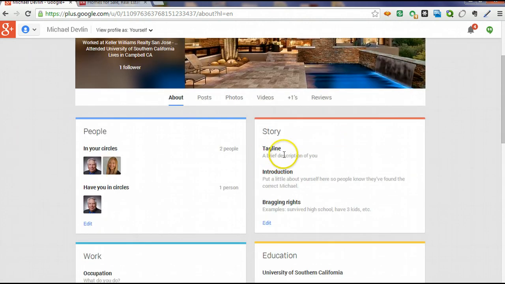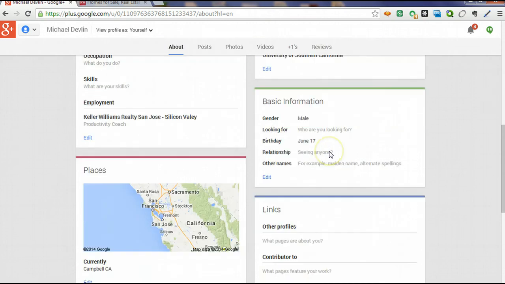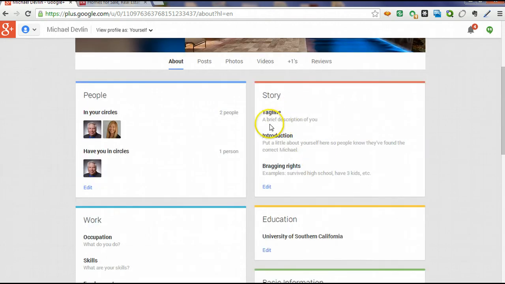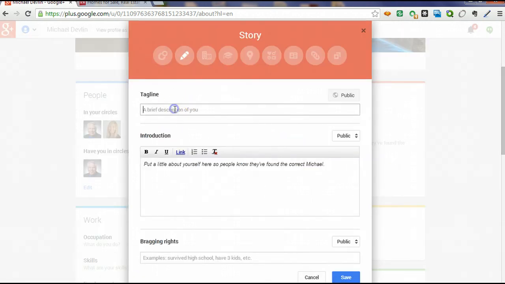By the way, if you don't fill something in, it just doesn't show up. So for example, there's a story and a tagline, which is a brief description and introduction. If we click on edit, we could say,